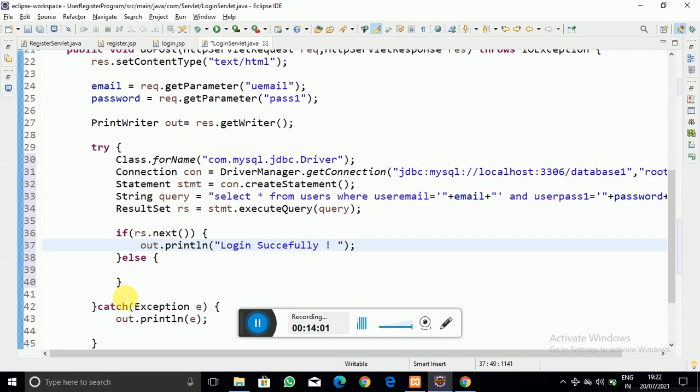And if we don't get that result, that is, if it is not what we expected, then let us write here login fail. So let us run it.